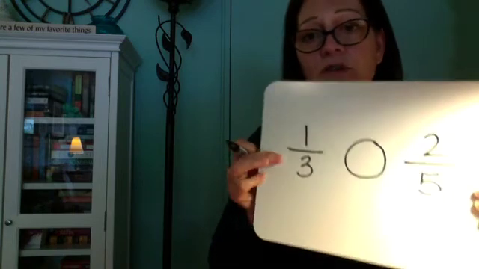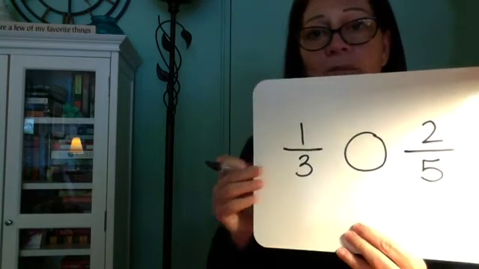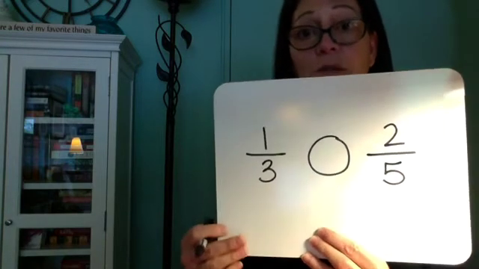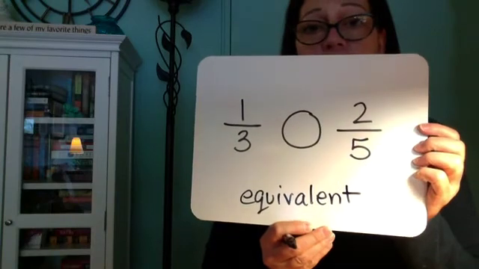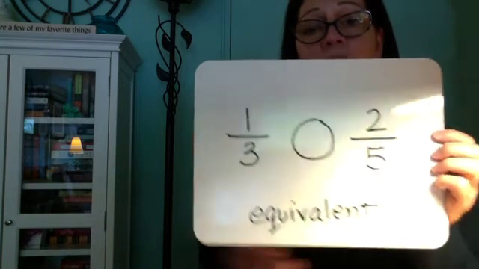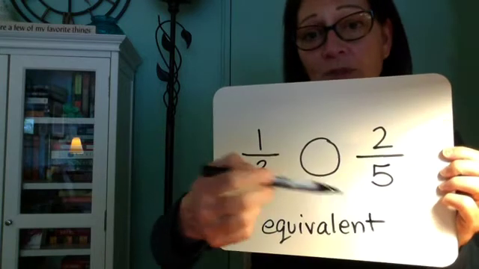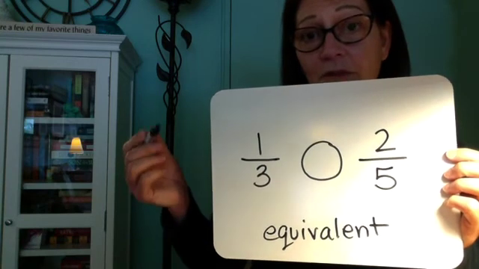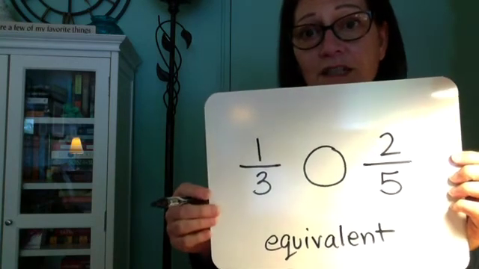So what I have to do is try to figure out, how can I make them both the same size pieces? That means I'm going to have to find an equivalent. Equivalent means equal, right? I have to find an equivalent fraction for both of them that have the same denominator. So you might notice that if I multiply this number by this number, I can find an equivalent fraction. So 5 times 3 is 15, right? So if I change them both into 15ths,